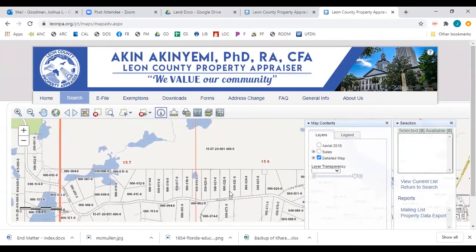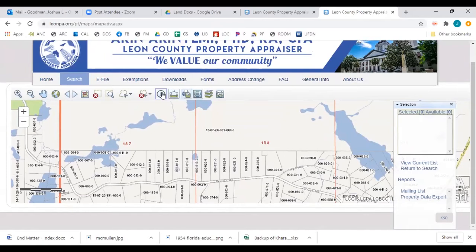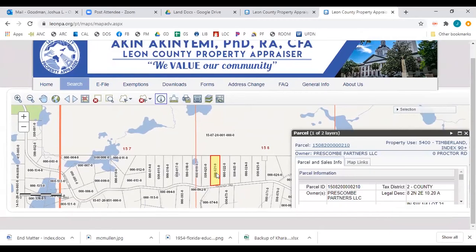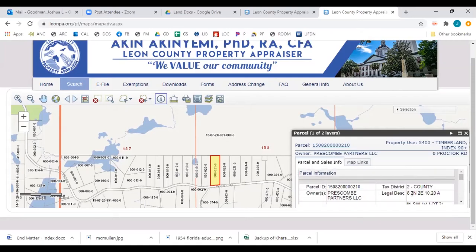Any of these parcels that you click on is going to give you some nice information about the parcel of land that's there. So let's see. I'm going to click on the little info thing right here, and just click on, look at there. Okay, this is a parcel of land that's located just a little bit to the south of the northeast quarter of section 7. And I can determine that this is owned by a company called Prescombe Partners, LLC. And I can look here in the legal description and see that, yes, it is 10.2 acres in Township 2 North, 2 East. It's in the southwest corner of section 8, or excuse me, of section 8.